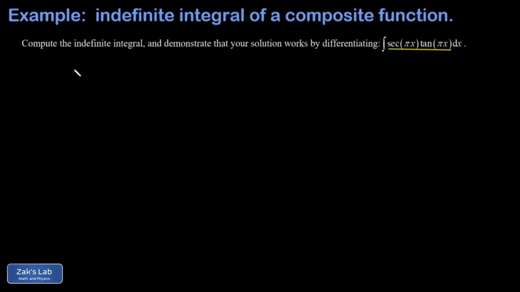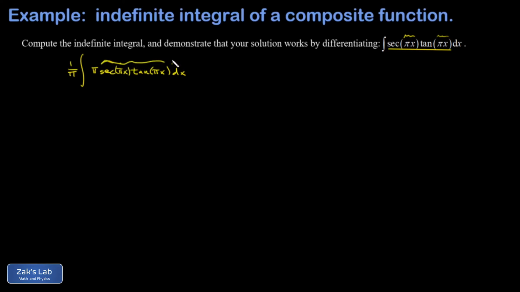What I'm trying to do is build a recognizable derivative inside that integral. And secant times tangent is the derivative of a secant function, but these are both functions of functions because I have a pi x in there instead of just a simple x. And thinking about what the chain rule would do here, if I throw an extra factor of pi inside the integrand and then compensate out in front with a 1 over pi, I can recognize inside the integrand that this is the derivative of the secant of pi x,